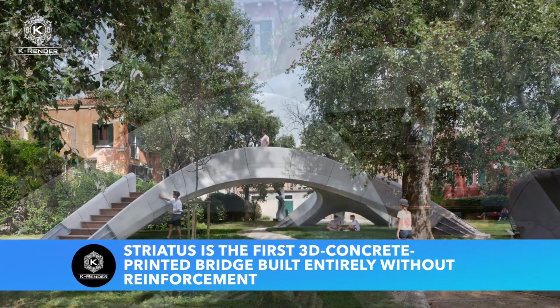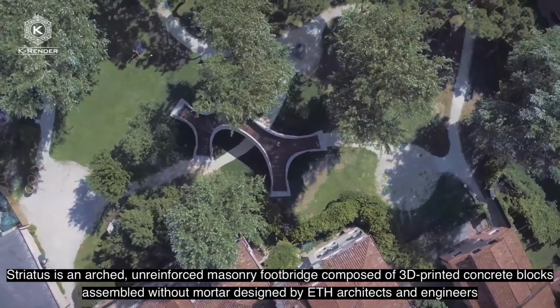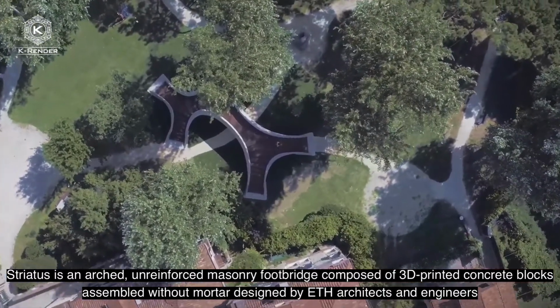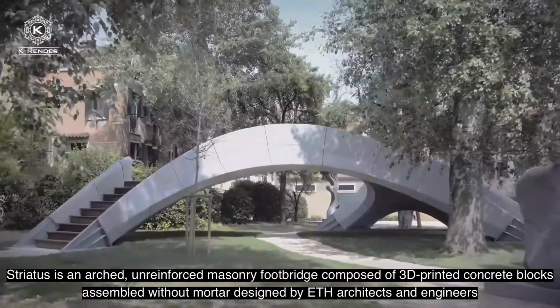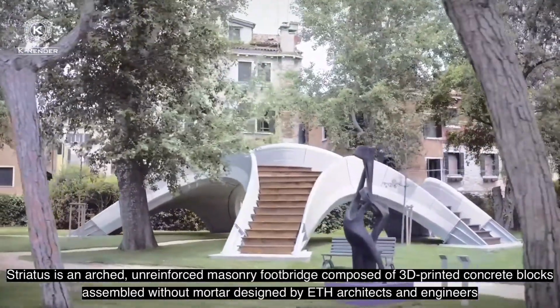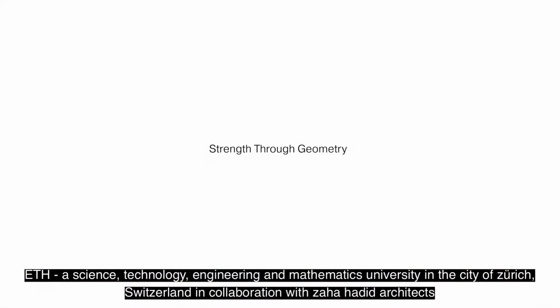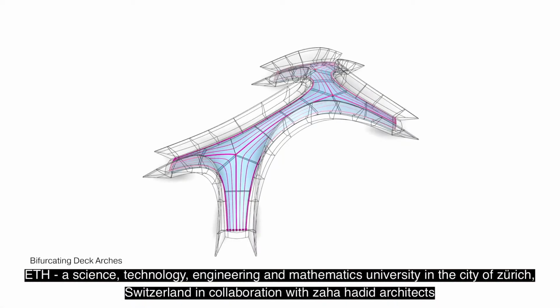STRIATUS is the first 3D concrete printed bridge built entirely without reinforcement. STRIATUS is an arched, unreinforced masonry footbridge composed of 3D printed concrete blocks assembled without mortar, designed by ETH architects and engineers. ETH is a science, technology, engineering and mathematics university in the city of Zurich, Switzerland, in collaboration with